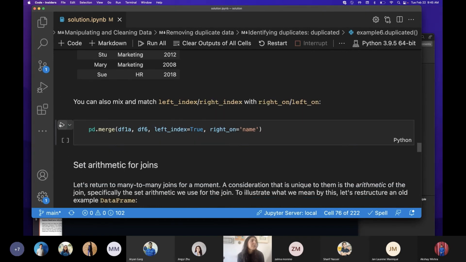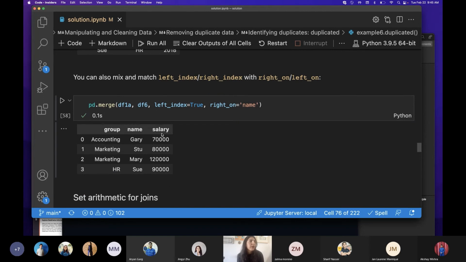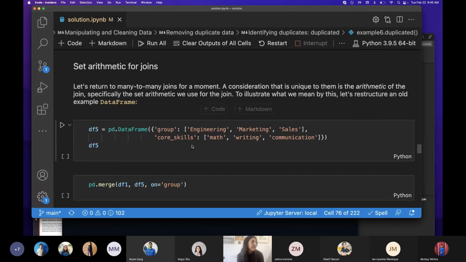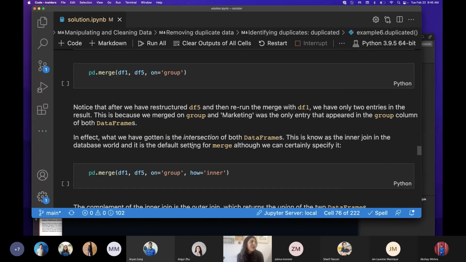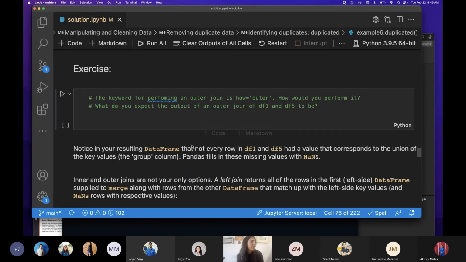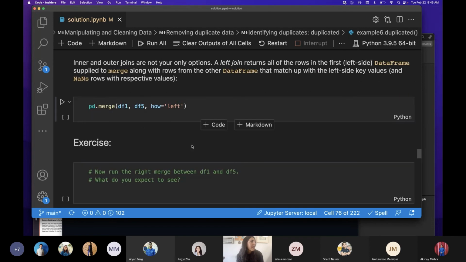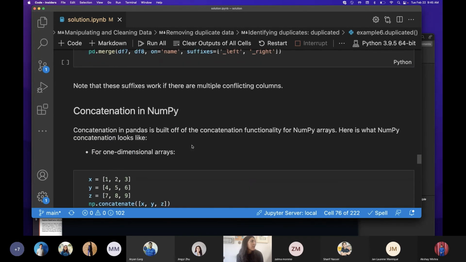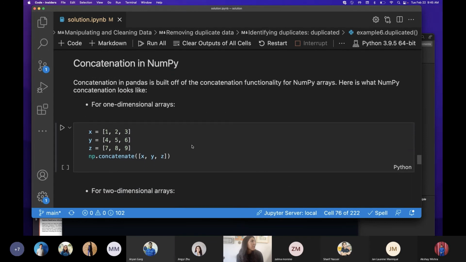And then you can also mix and match to figure out where you would like them to merge in the table. Okay, there's a lot more knowledge about the specifics of merging these tables. For the sake of time, I'm just going to skip through this little bit of it. And I want to come back with